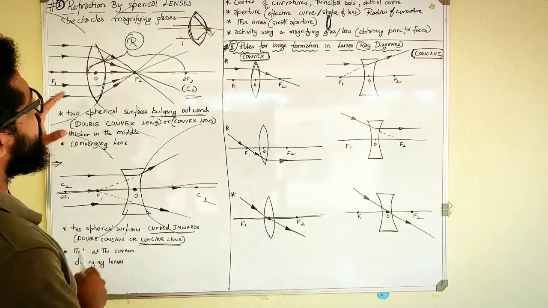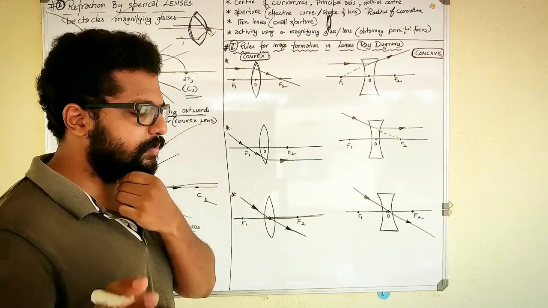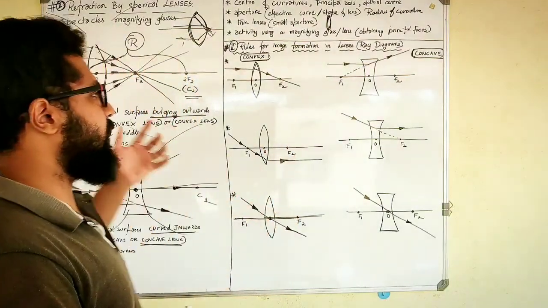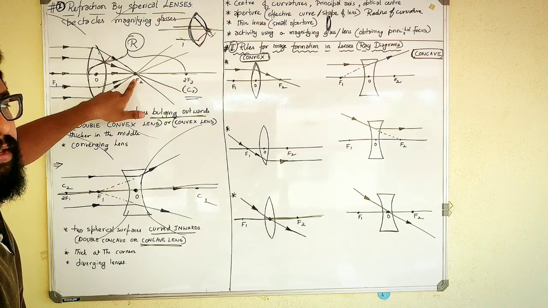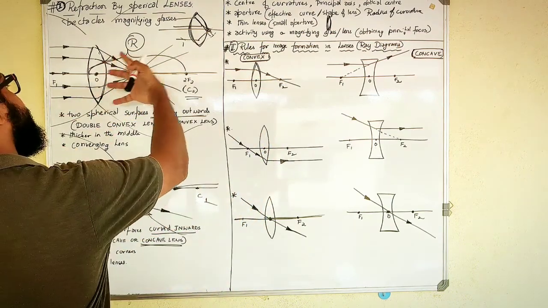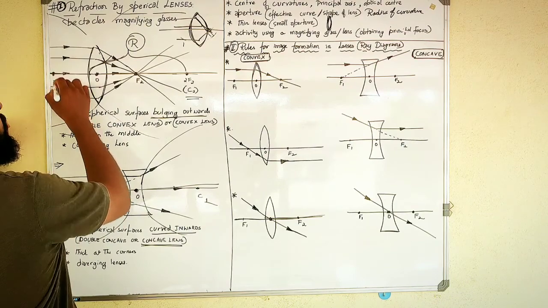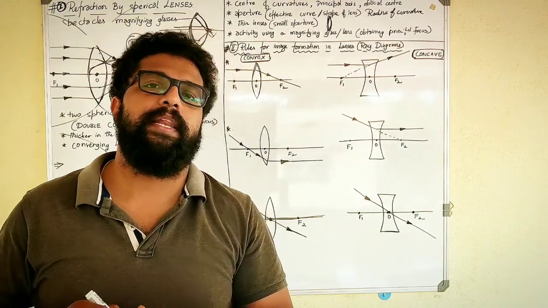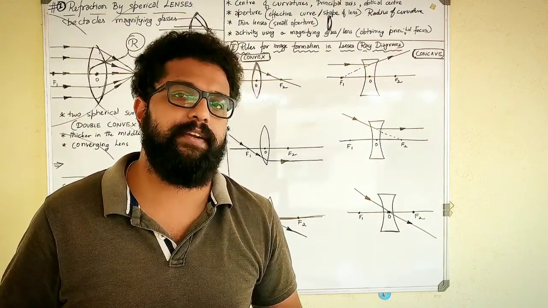There is one more thing about the lens, that is the principal focus of a lens. If I send parallel light rays from this side, they will converge and form a point on the other side. What if I send the parallel light from the other side? They will again converge and form a point on this side, which means there are two focus points for a lens. One on the right side, and then on the left side once again.